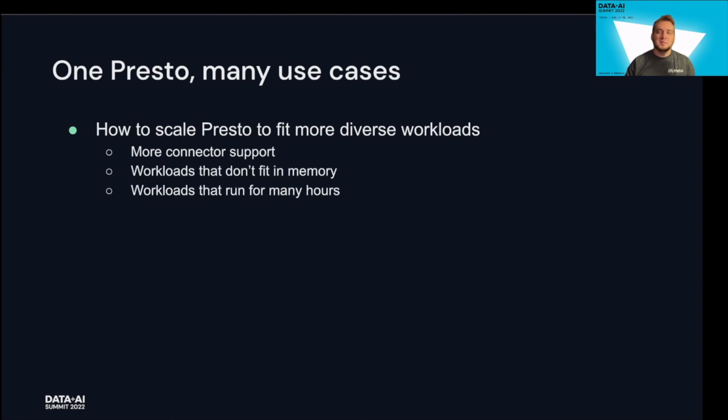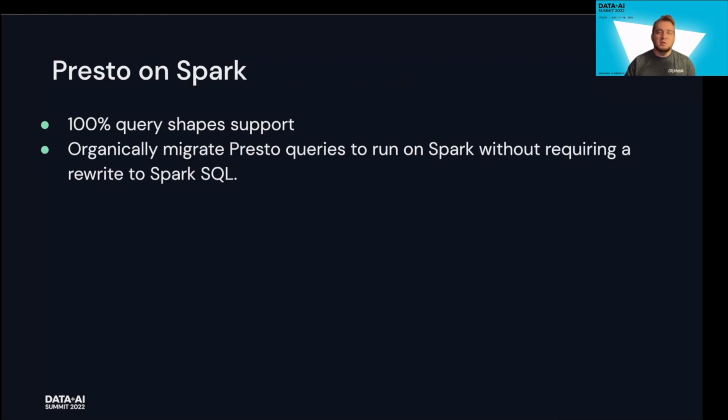Next, we have workloads that span time rather than just space, surpassing minutes into hours. Presto originally has no fault tolerance, and this must be overcome to support these use cases. The ultimate goal is to prevent the need for rewriting the query in a different engine which may have different semantics or different function support. That's why Presto has migrated its engine to a library that can run on Spark. By leveraging Spark's resource management, we can enjoy the benefits of disaggregated shuffle and recoverability from Spark without having to